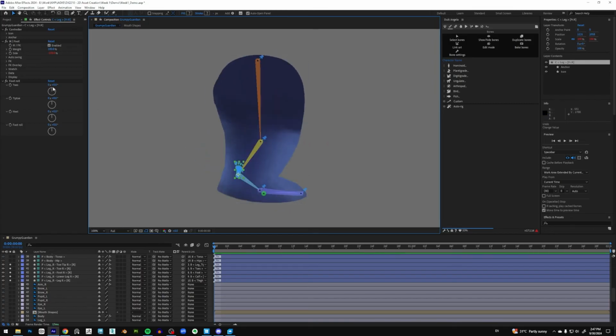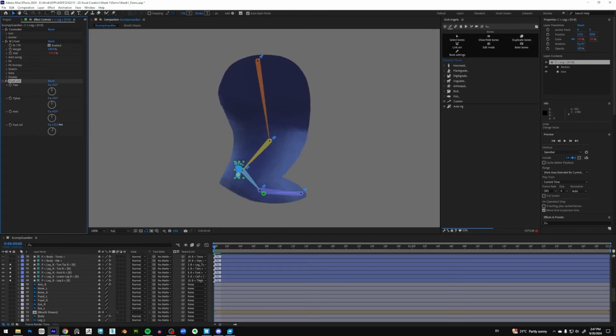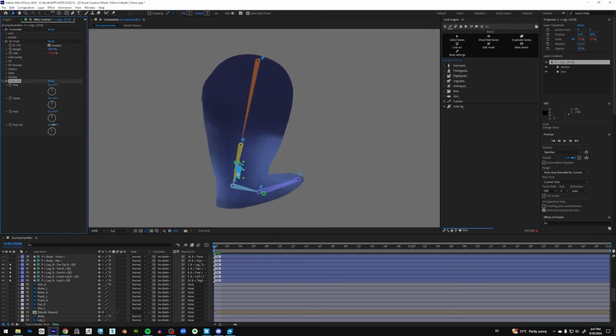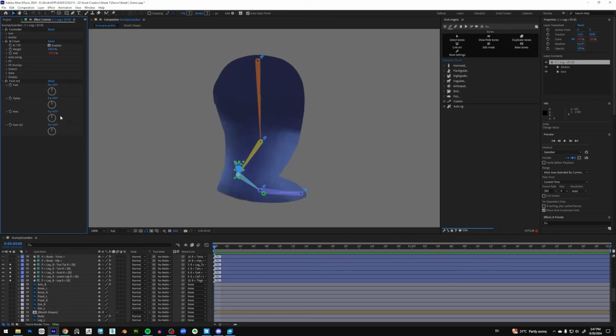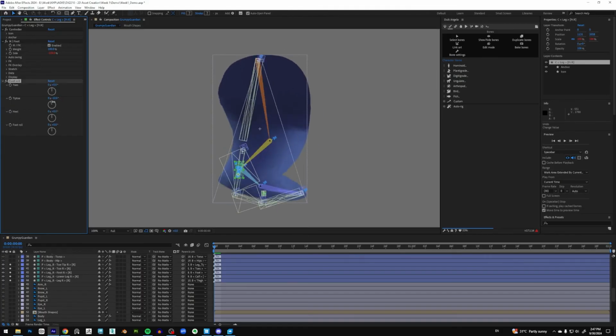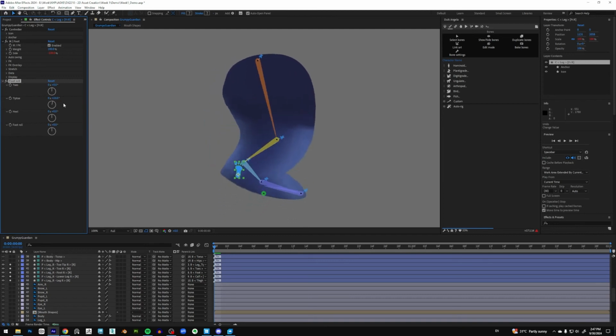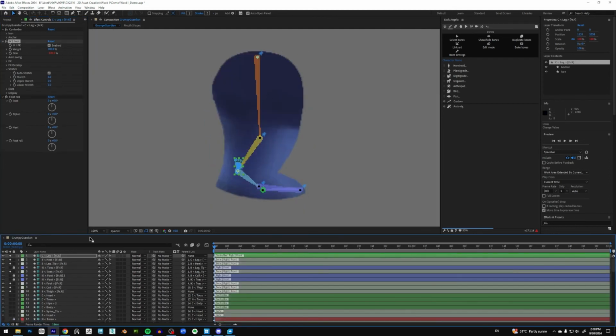And besides that, there's also some foot roll options. So I can scrub on this foot roll value, and you can see that this foot roll option functionality has been created for me. There's also the heel, there's also tiptoe if you need to do that in your animation. Okay, so once that is done, let us unsolo it